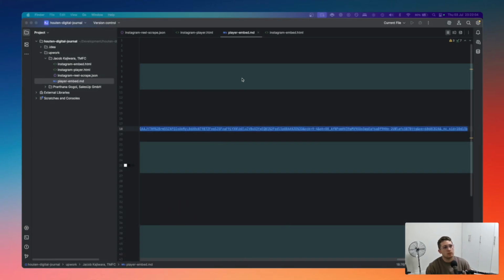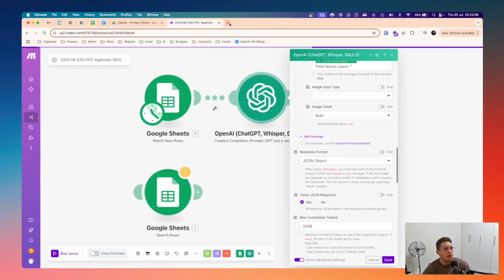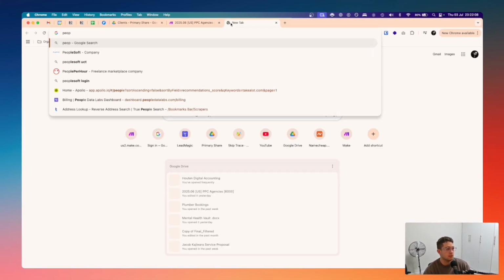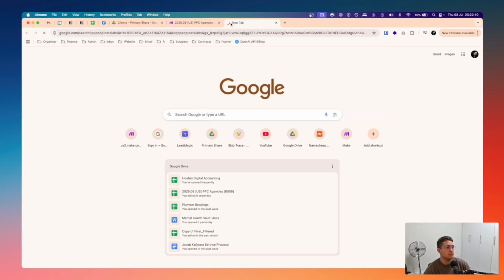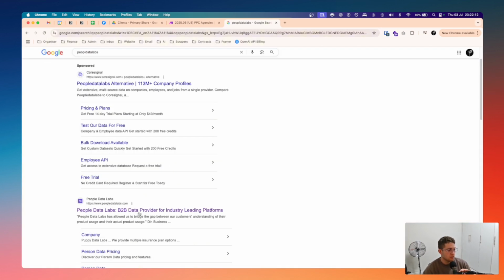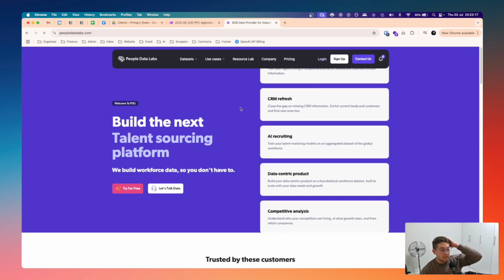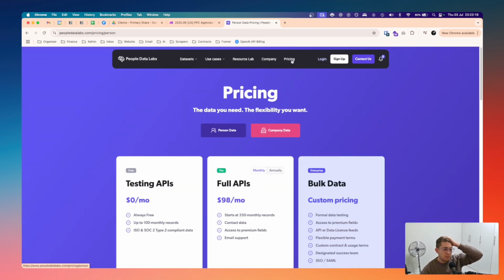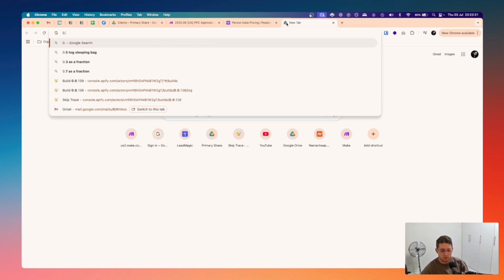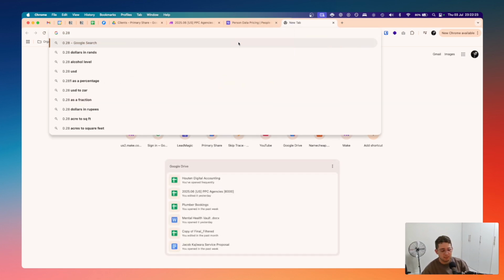And I'm using a platform called People Data Labs. This is the platform. So basically, you can enrich people, enrich companies and stuff. It's fairly expensive. I mean, it's 0.28 USD per lead.